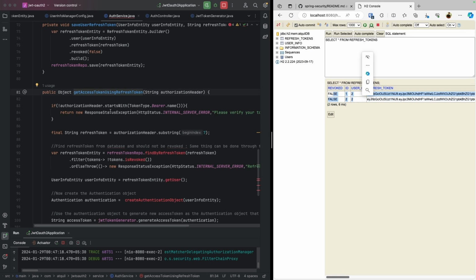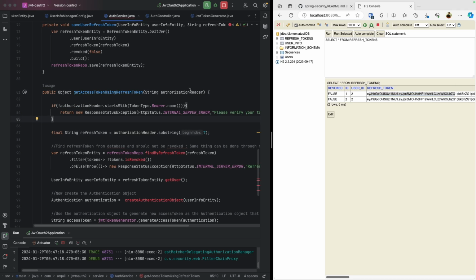So I just want to see that for whatever user it is, if I'm sending the refresh token, is it even present in the database or not? If it is present, and if revoked is false, that is he is not logged out, return the new access token so that he can use that access token to get the values from the dashboard APIs. Okay,